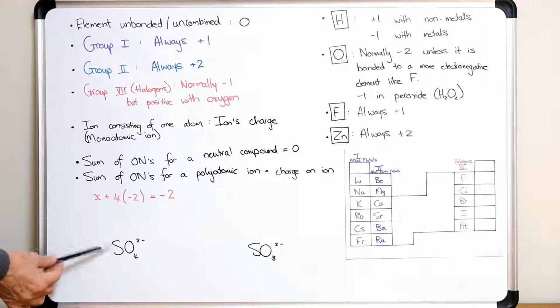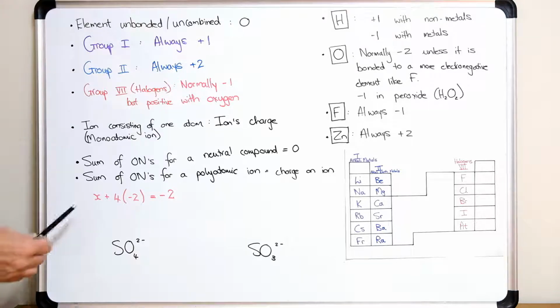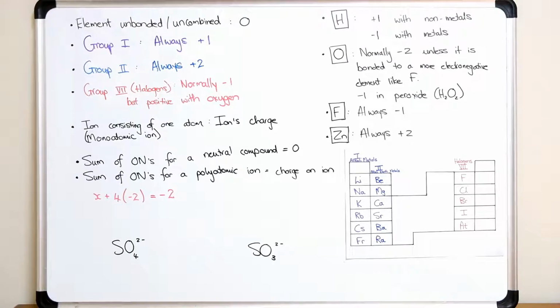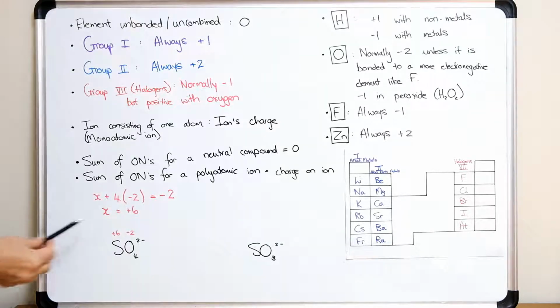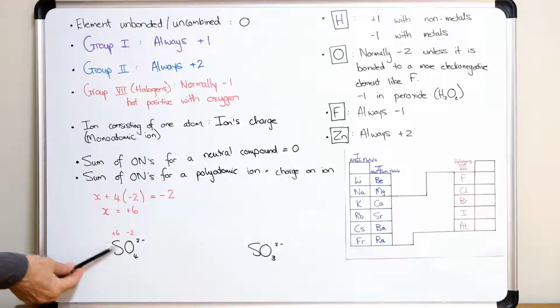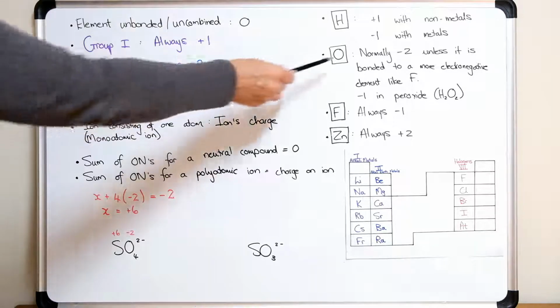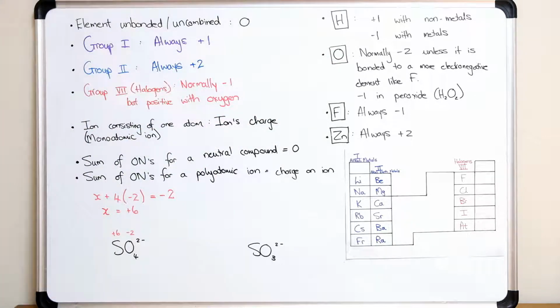And we don't know what the oxidation state of sulfur is, so I will make that an X and solve X in this equation. When we solve this equation, X turns out to be +6, so the oxidation state of sulfur in the sulfate ion is +6, and each oxygen is -2, according to this rule up here,